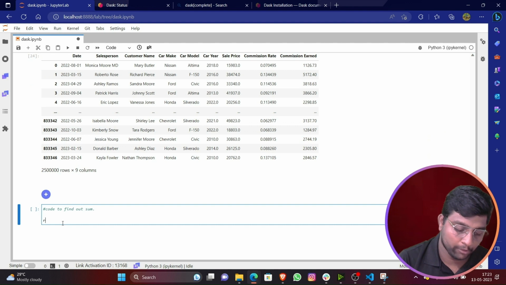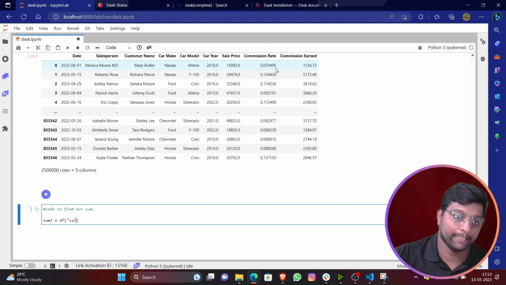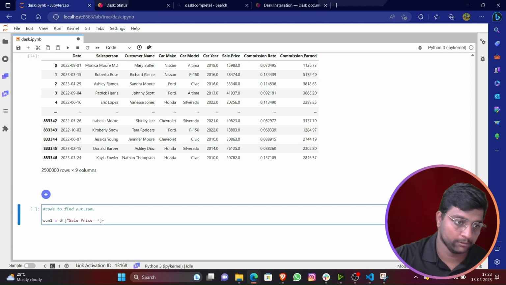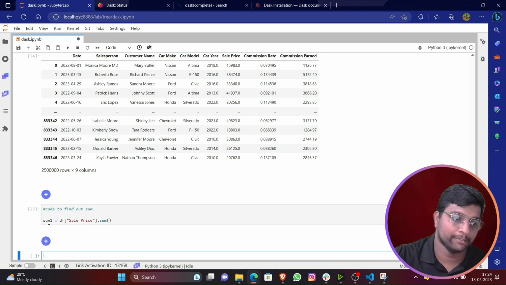For that we have to create a data frame result, or else just directly create something like sum1. I cannot give sum because sum is a function in Python. Sum1 is equal to df of which particular column I want. So I want to take sales price. Let's directly copy this and come here, paste, remove this, df of sales price dot sum, run. So now if I check this sum1,